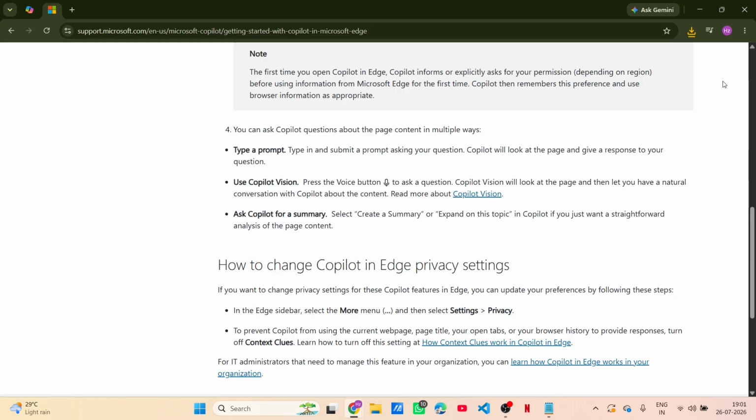Maybe you're interested in writing content, such as a blog post or an email. You can ask Copilot to help with that as well. You might say, "Help me draft an email to my team about our upcoming project deadline." Copilot can generate a professional-sounding email that you can easily tweak to your liking. This can be a huge time saver, especially for those days when you just can't seem to find the right